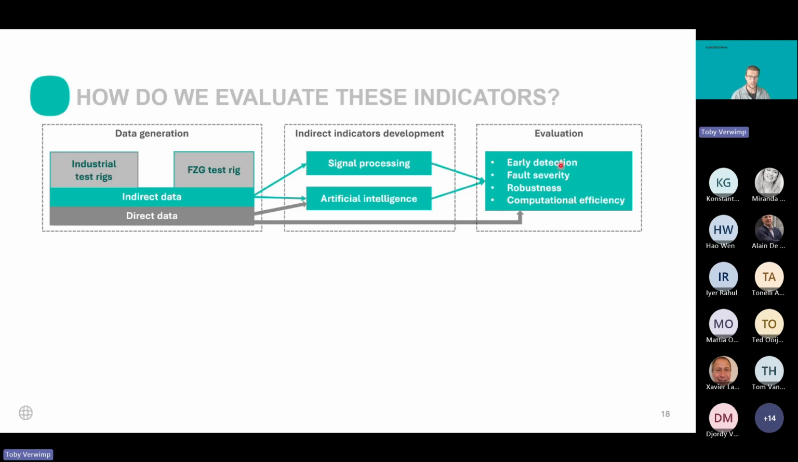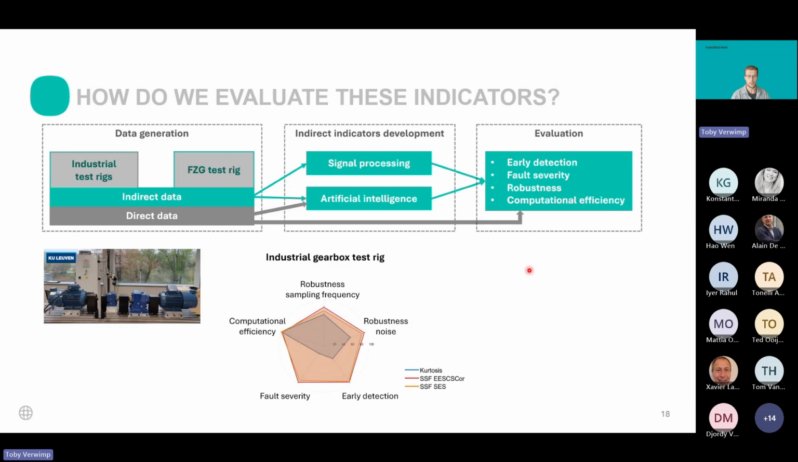These 4 evaluation metrics we can then combine in one single radar plot, which allows us to get an overview of the overall performance of a specific indicator over one dataset. So here we see that the red and the yellow one, the more novel indicators, outperform on almost all levels